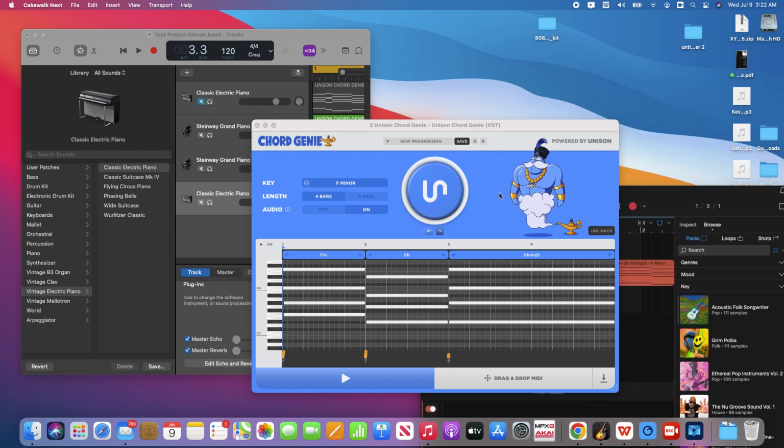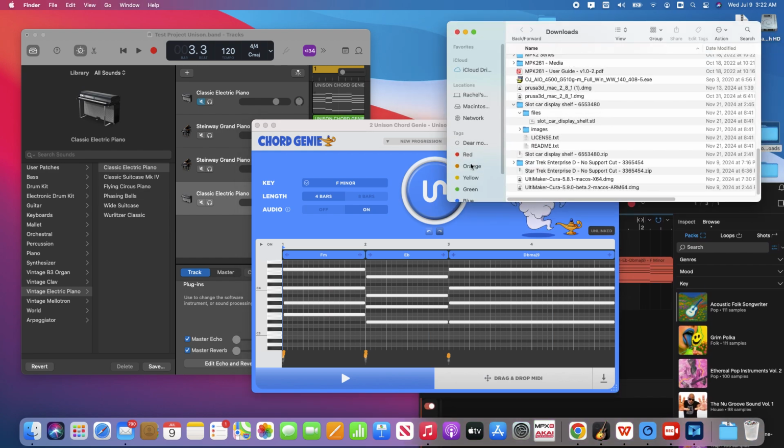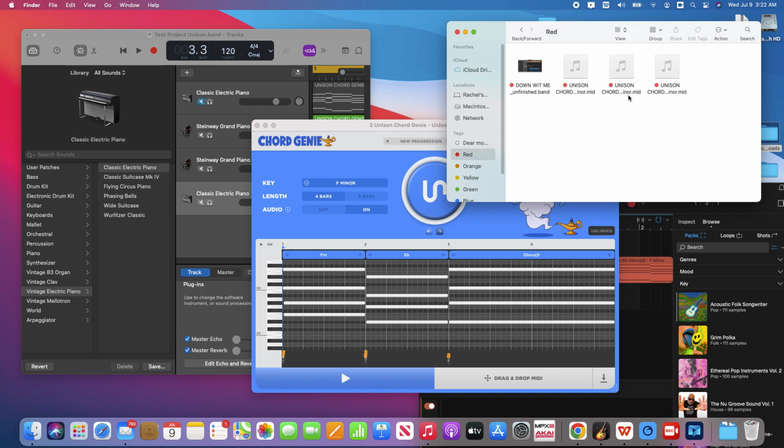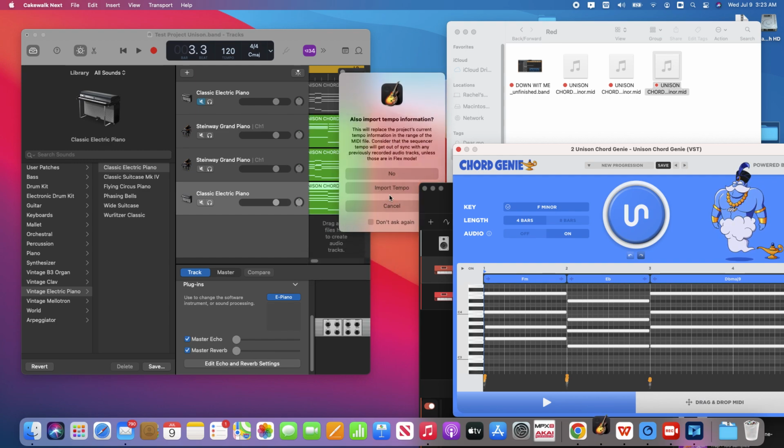I already have a window open for downloads over here. So I'm going to open it up. Boom, there it is. I find the tag color I want. I open it up, and as you can see, all the unison chords are saved into this file for you to use them at a later time if you don't want to use them for that project right then at that point. But if I take this file from here and drag it over to GarageBand, it's going to again